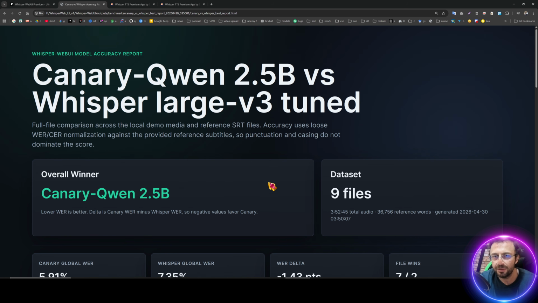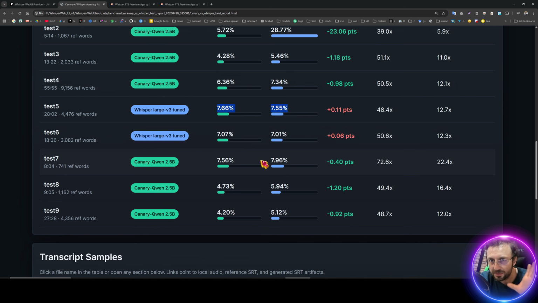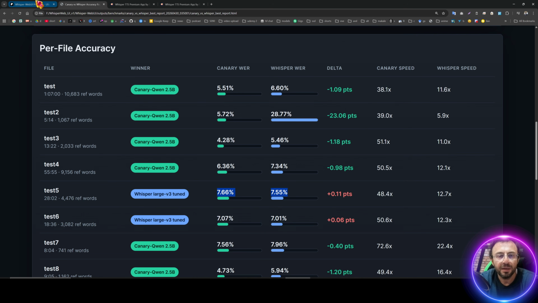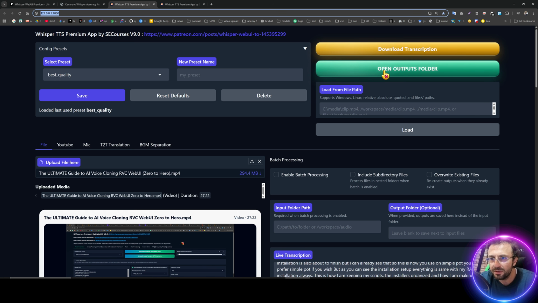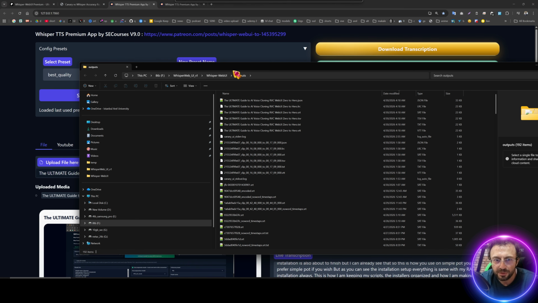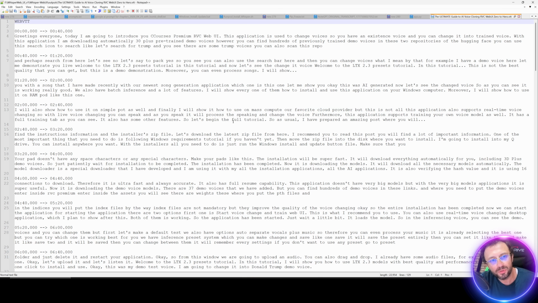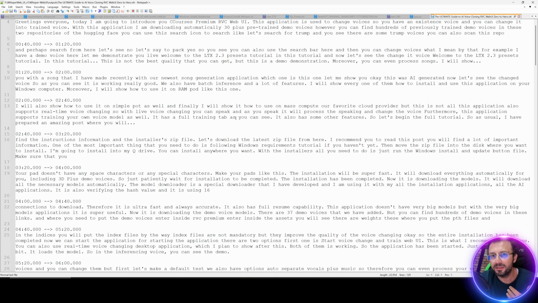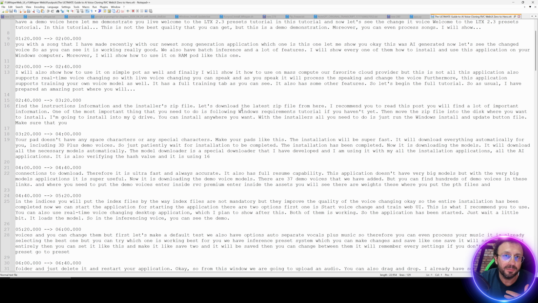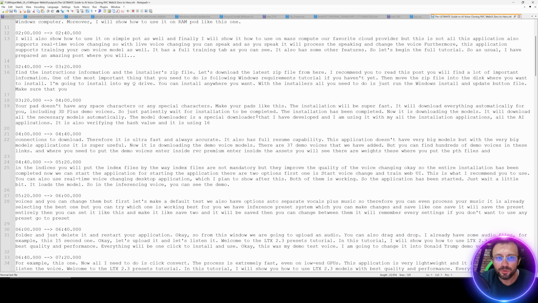Use it as a default model. Moreover, it is also set as default in our application. So let's look at the results because the transcription has been completed. When you click the open outputs folder, it will open the outputs folder. You will see the transcription names are the same as your input file name. So we have VTT format. You can see VTT format. And as you can see, it also has proper uppercase and lowercase characters. Also having accurate syntax and punctuation as well.